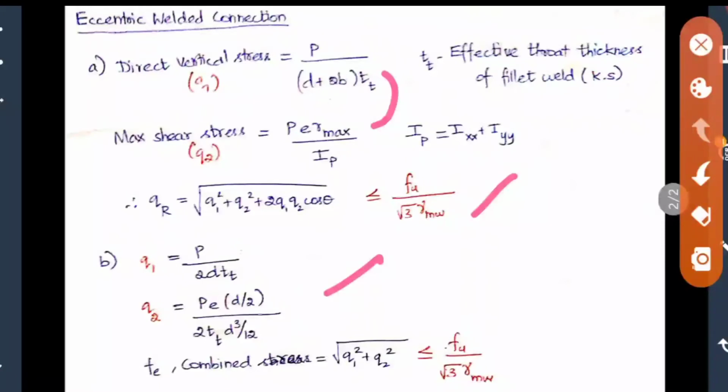So just compare both the things, that is, riveted, bolted and welded connections, and study. These formulas are important. Most probably they won't be asking these questions in objective types because it takes a huge time.